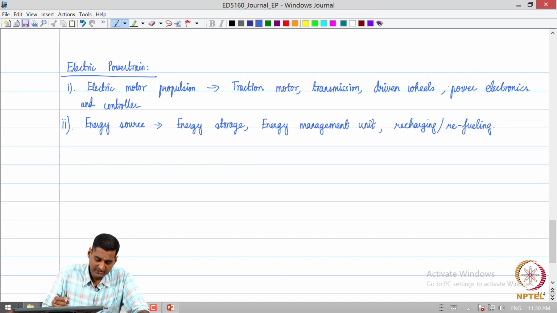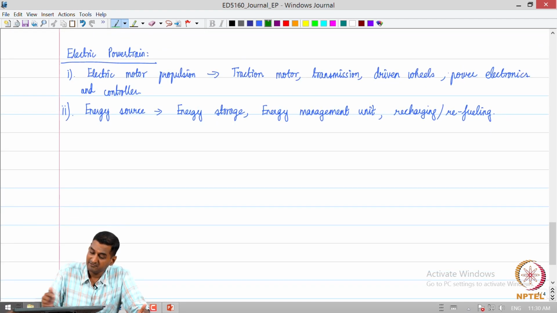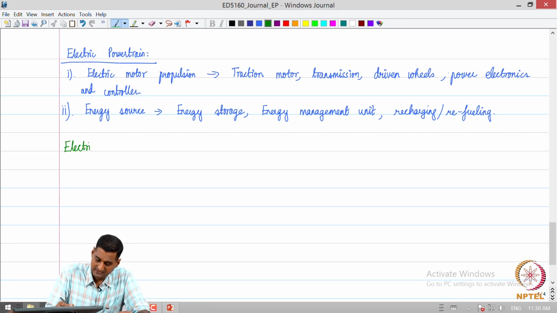So, let us look at a few characteristics of this electric motor powertrain which have made them also attractive from the perspective of powertrain applications. Okay. So, if you look at the broad characteristics of an electric motor,